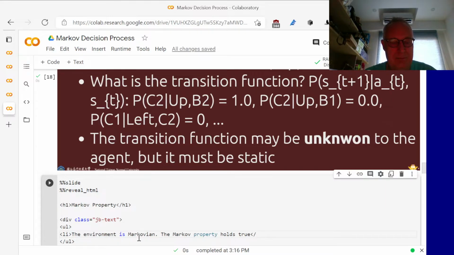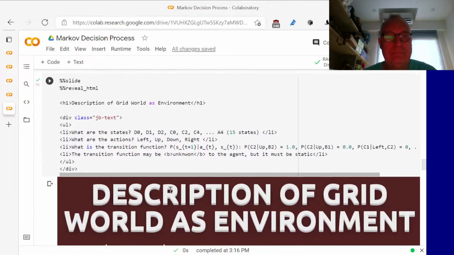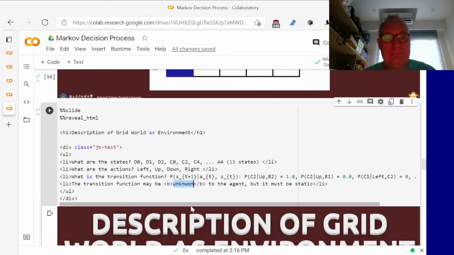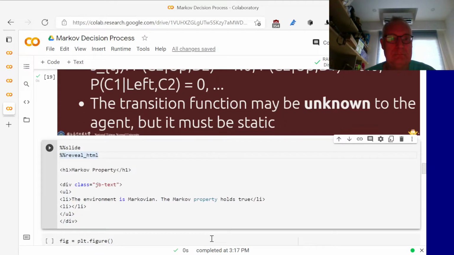True. That's saying the same thing. So what that means,